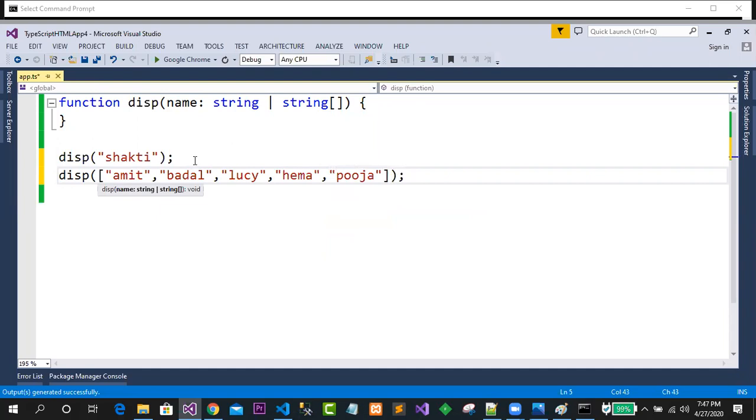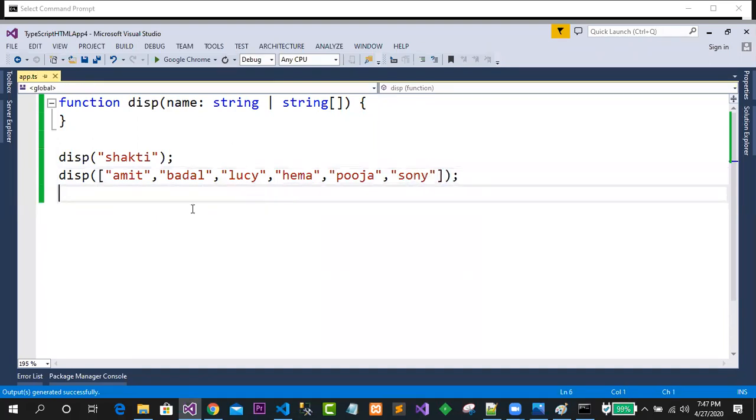Clear up to this? Something like this. So what happened? It means that this kind of thing can be passed to this function, or this kind of thing can be passed to this function. So if I go for this one, this will work. If I go for this one, this will work. But how to check this one?